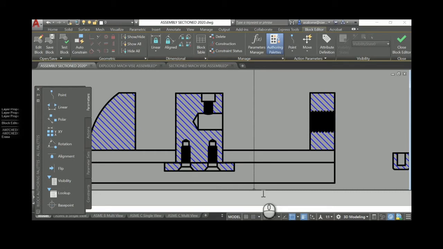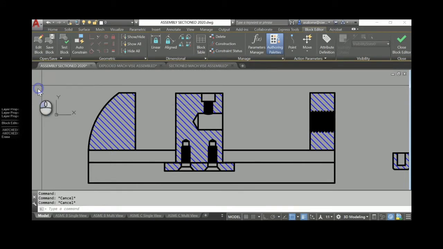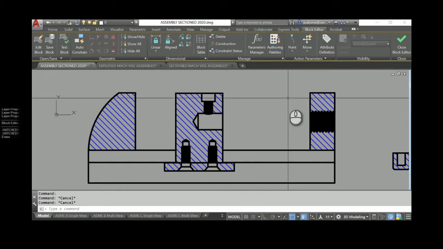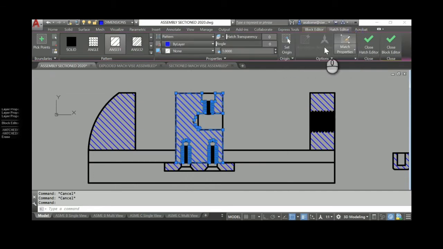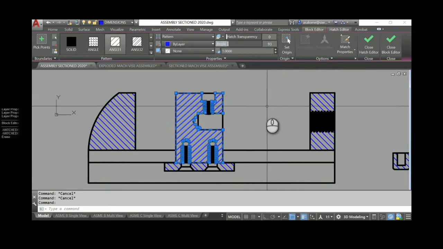All of these patterns are the same angle and the same scale, but we know that on an assembly drawing, those need to be going different directions or different scales so that you can differentiate between parts. So I'm going to select this one and I'm going to change its angle here. Let's go 90 so that it's going the opposite direction from the body.